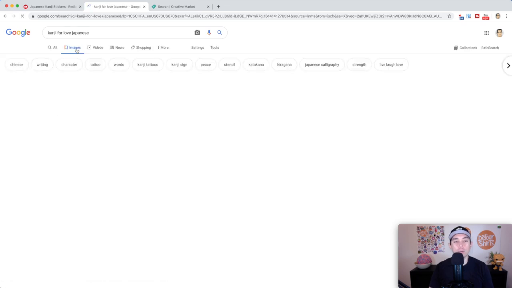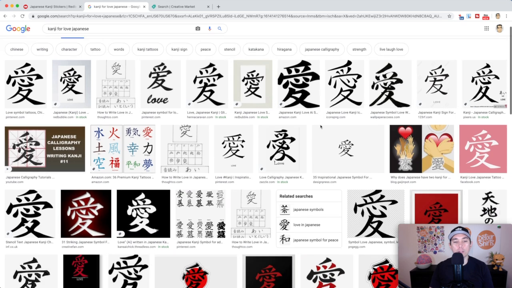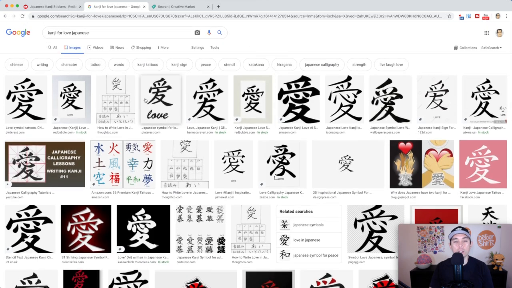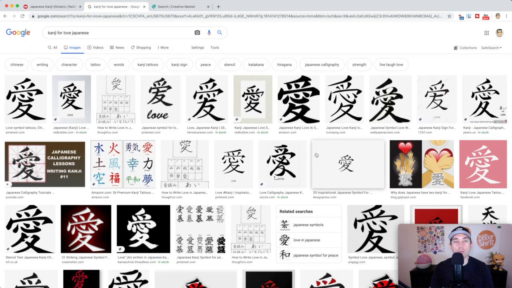You can go to images and just look up any word you want. I just looked up love here, and you can see so many different ways to write it, because these are like different ways of brush stroke or regular stroke. You can draw your own and then trace it in Affinity Designer,